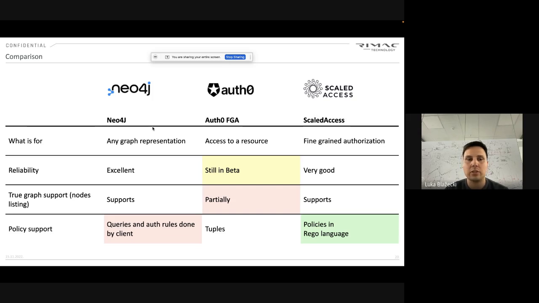The other solution, Auth0, is great for evaluating access to a specific or multiple resources. Still, it's in beta, so it's not fully in production, and it's missing some sorts of graph features that we wanted, like, for example, listing. But again,